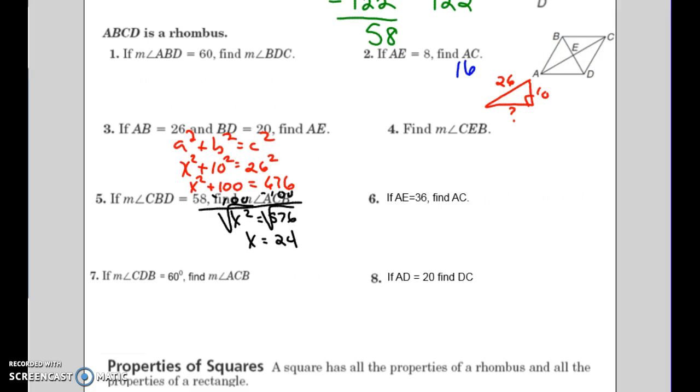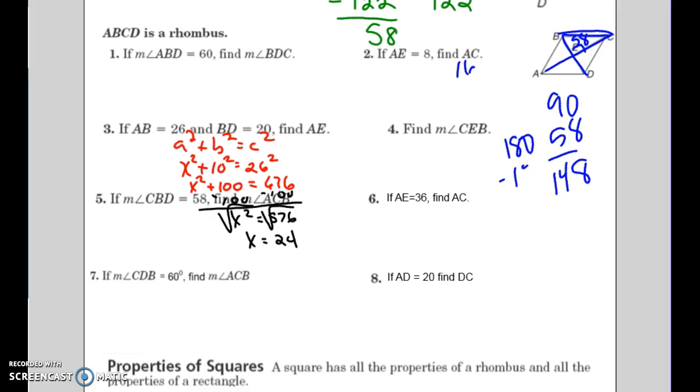Next one, how big is CEB? How big is angle CEB? 90 degrees. Always, always, always. Okay? Next one. It said that CBD is 58. How big is ACB? 32, why? Okay, because that would be 90, so 90 plus 58 is 148. 180 minus 148